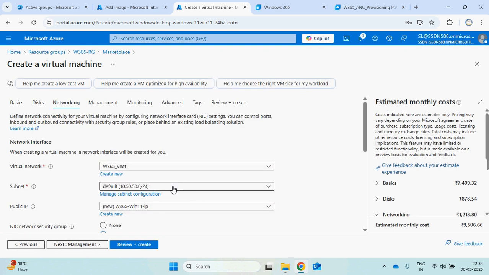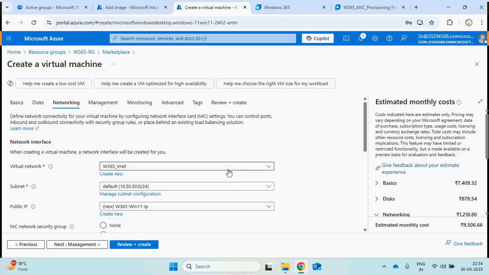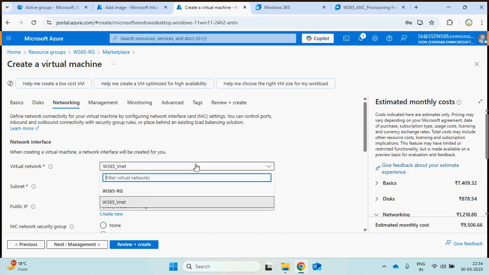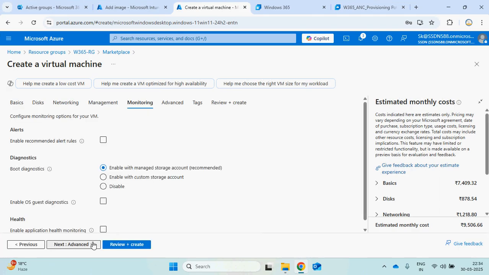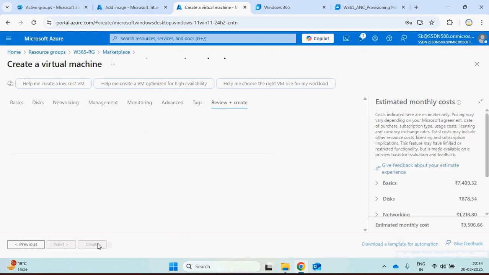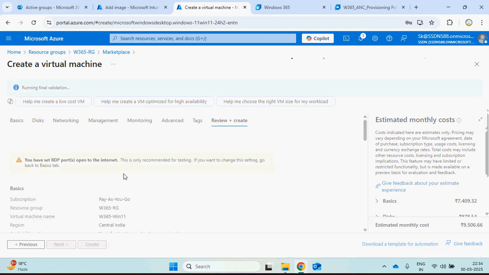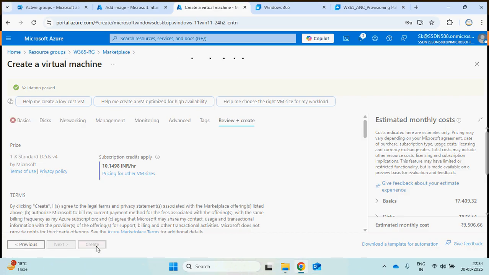So that is my default VNet, right? If I'm changing it, then I'll get a different one. Next, next, next, next, next, and I will basically create a virtual machine.